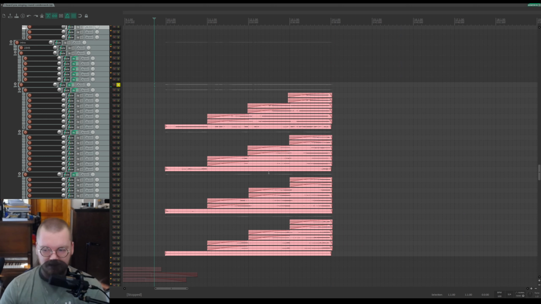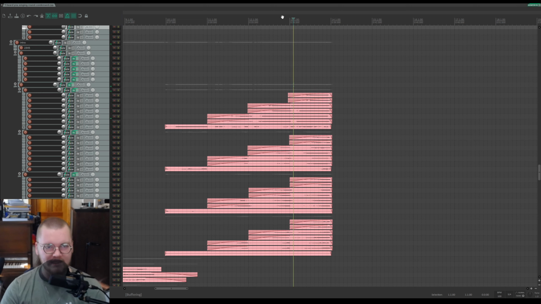And I don't really know what the harmonies are doing, but I'm sure you can figure them out if you really want to know what they're doing. I know it ends on some sort of diminished chord, just to add some tension and release as it goes into the next section.